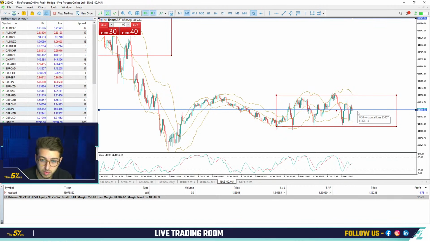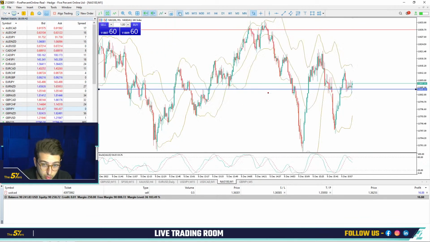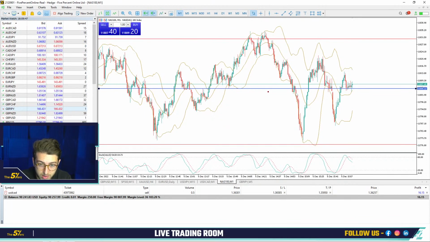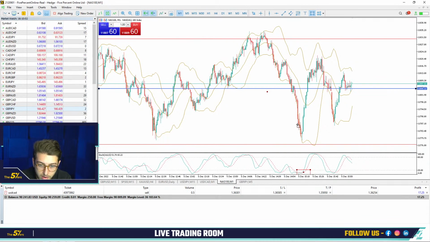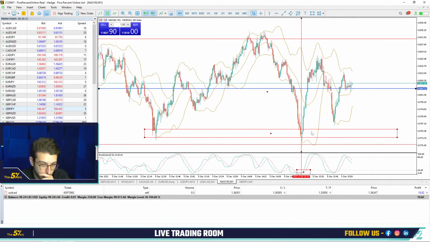If I was here before, probably making a buy here or just here would be quite good to make some scalping. You see, it's quite easy to find the waves here. There is only red candles, and suddenly we have a green one. Stochastics is below 20. I just want to show again: stochastics is below 20, we are at the bottom of the Bollinger Bands, only red candles. And here it started to make a buy. It's also coordinating with the previous line, so here it was also a key zone.